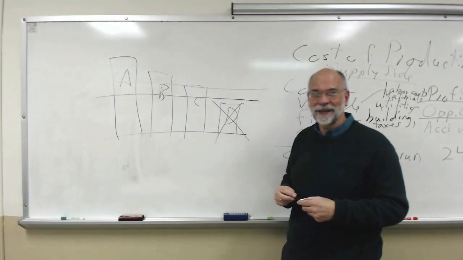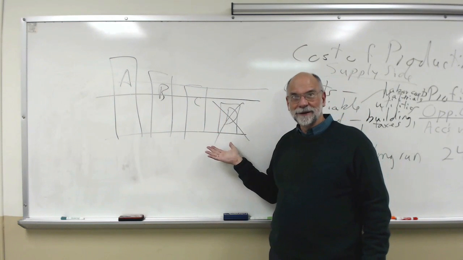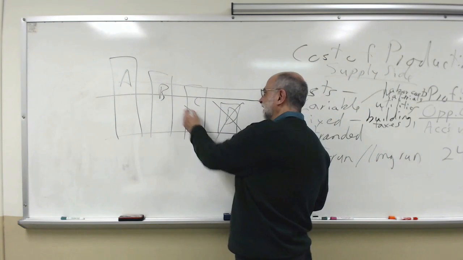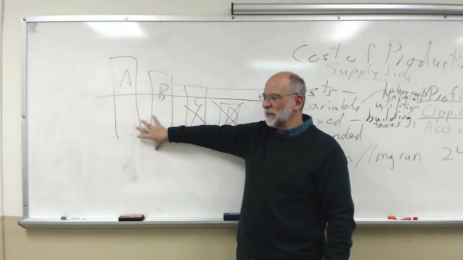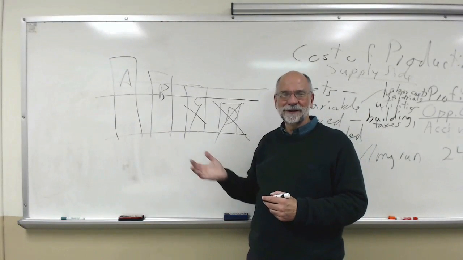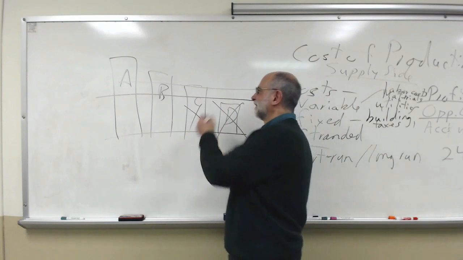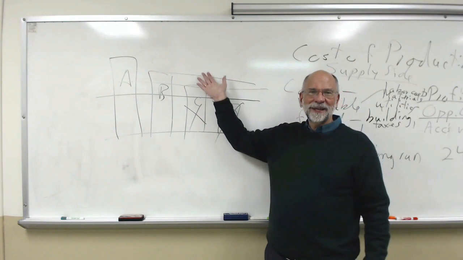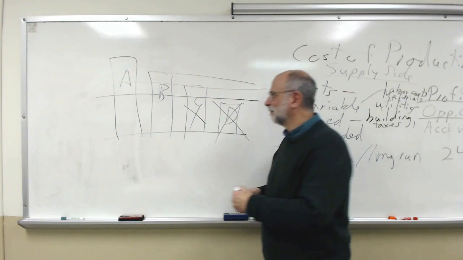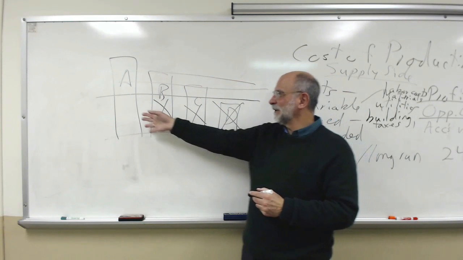Okay, so what do the accountants say? The accountants will say, well, C is now losing us money. So what do we got to do? Got to get rid of C. We got to stay with our good products, the ones we make money with. Well, now what's going on? Our fixed costs are being spread across 2 products. The line goes up. Now what do we do? We get rid of B, because B is now a dog, no longer making us money,